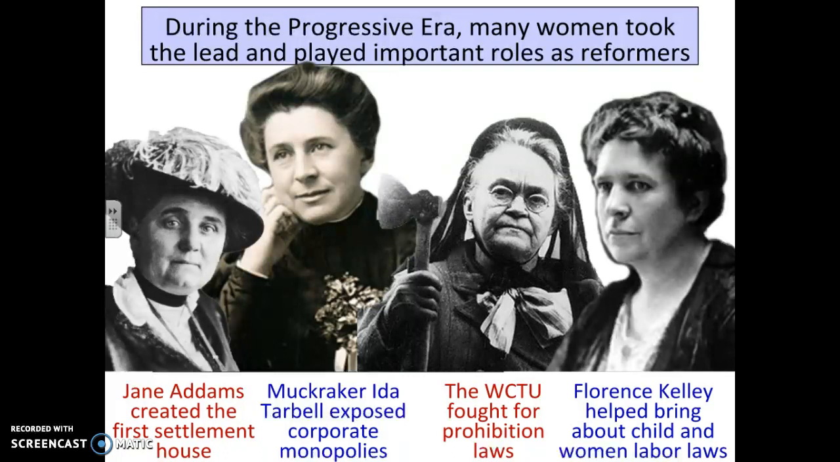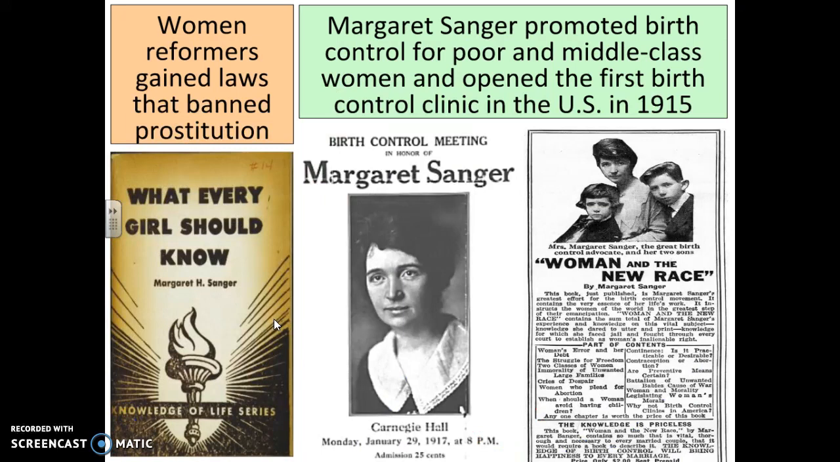Ida Tarbell exposing corruption and monopolies, trying to break up business practices by the federal government, and then the temperance movements done by Florence Kelley and Carrie Nation. Feminists will also work to create laws that ban prostitution across different state lines,